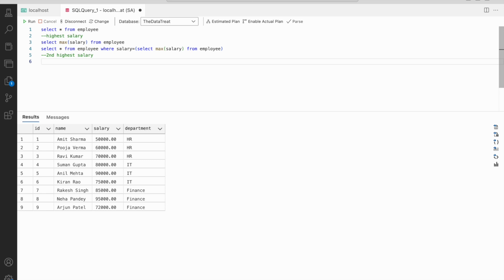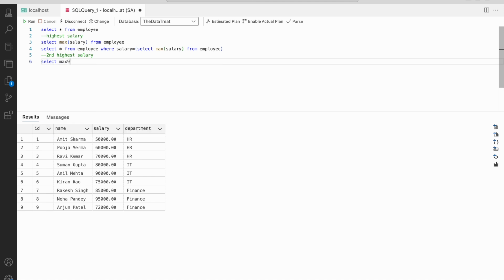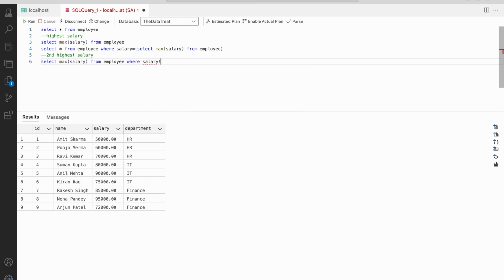I can now say select max of salary from employee where salary is not equal to the max salary from employee, which will give us 95,000. But we don't want this 95,000, we want the second highest, anything lesser than 95,000 but greater than all the rest of the salaries. So we are saying select max salary from employee, but that salary should not be equal to this one.